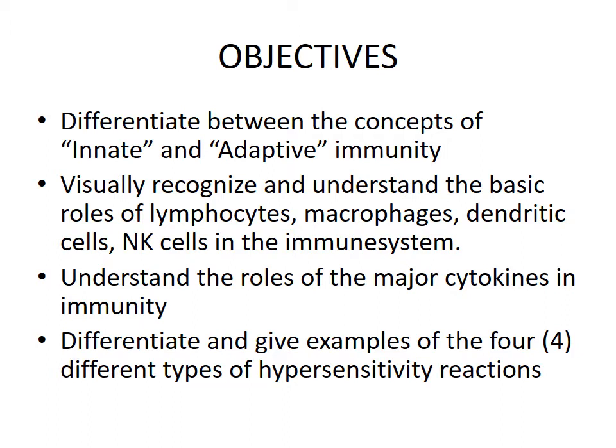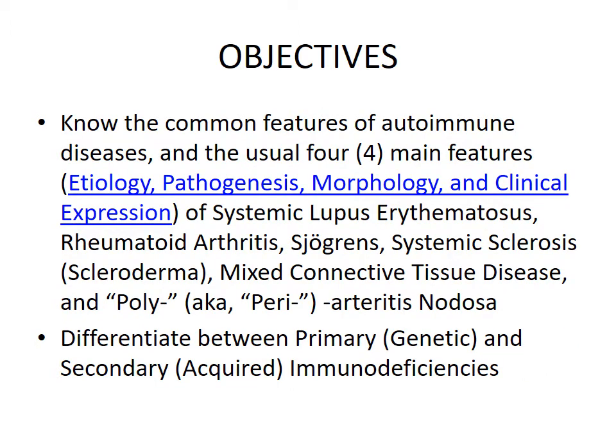And if something goes wrong with that system, that results in hypersensitivity reactions, and we are going to discuss 4 different types of hypersensitivity reactions. We will also cover the common features of autoimmune diseases, with their 4 main features: etiology, pathogenesis, morphology, and clinical expression of different autoimmune diseases like SLE, rheumatoid arthritis, Sjogren syndrome, systemic sclerosis, scleroderma, mixed connective tissue disease, and